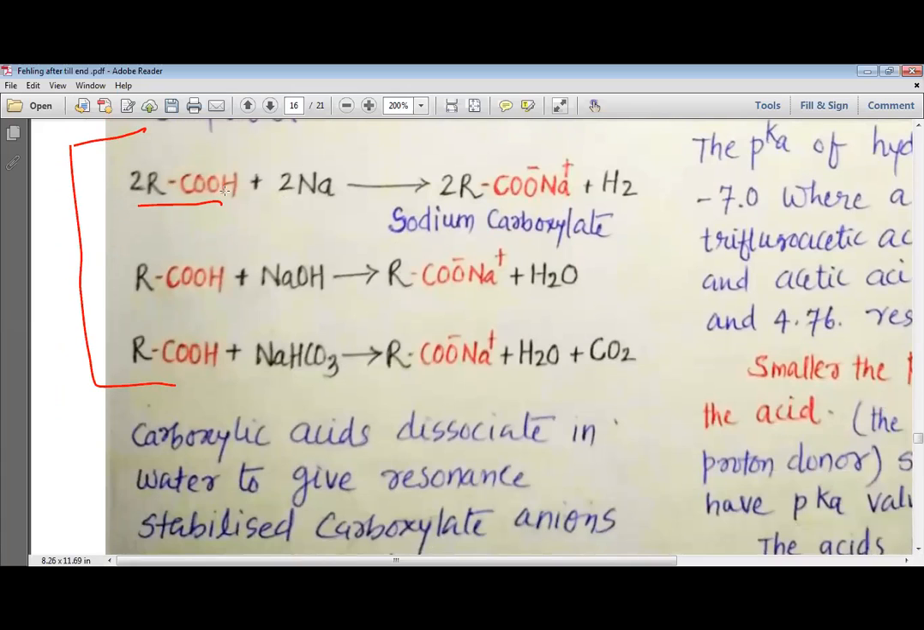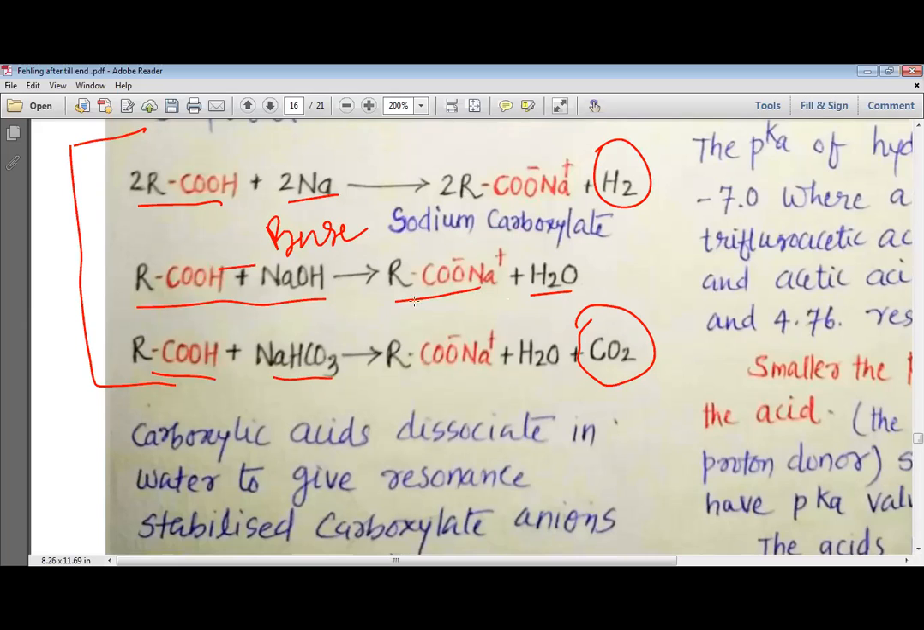We take two molecules of carboxylic acid, and if we allow it to react with the metal sodium, we get sodium carboxylate and hydrogen gas is produced. Same way, my dear students, if we have RCOOH and NaOH, then we get the salt and water produced. Same way, when carboxylic acid reacts with NaHCO3, it produces carbon dioxide gas. So they even react with the base to produce salt and water. They even produce hydrogen gas with the metal, and they give carbon dioxide gas with the metal carbonate and metal